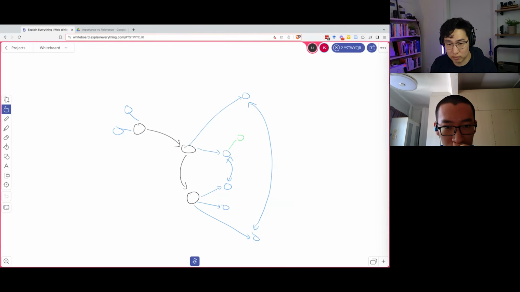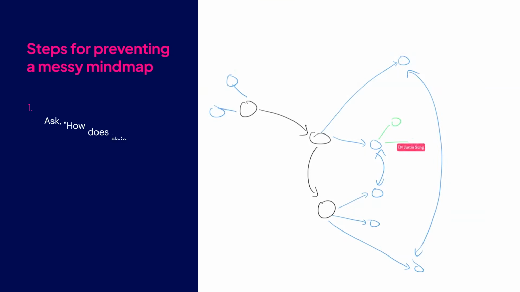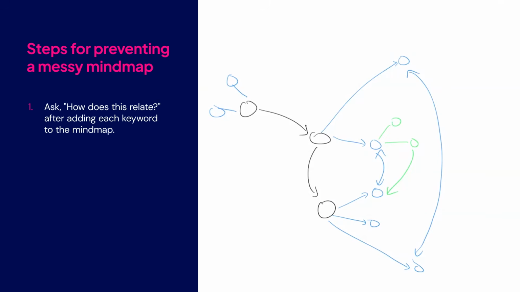Okay, that's fine. This is as good as it gets. There's no other relationships. We add another one on here. How is that related? Okay, now we see that this one is actually related to this one here. Okay, we can draw that arrow. That's fine. We add another one. How is that related to the big picture? Okay, we now see that this one is potentially related to this one. That becomes a problem. So we take a pause and then we rearrange.